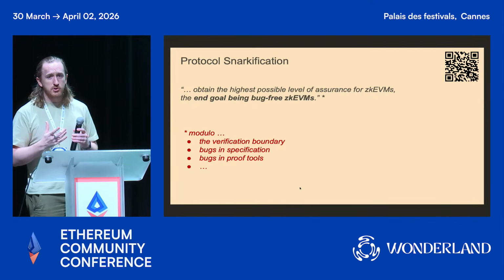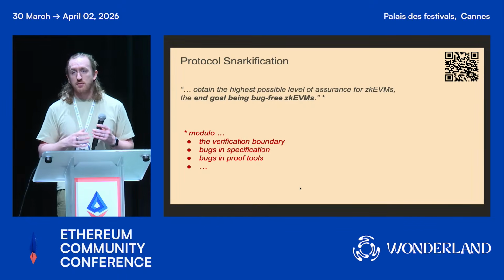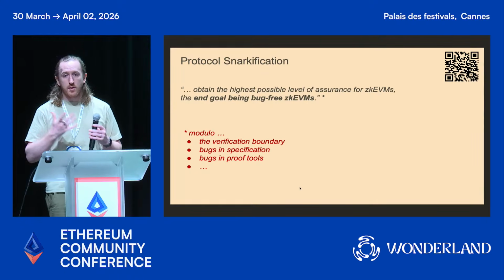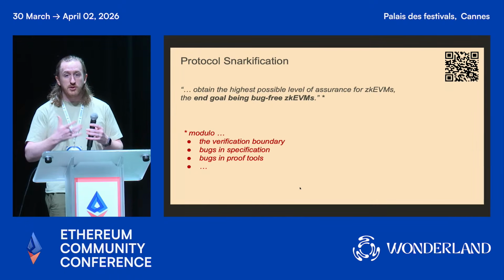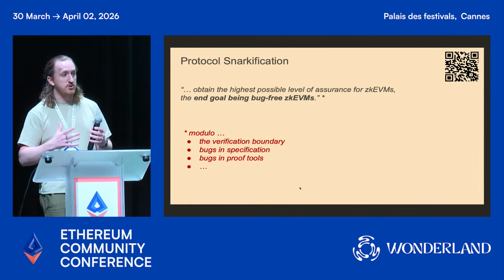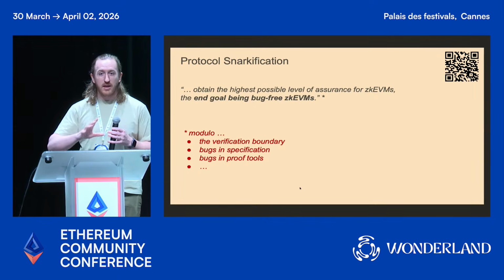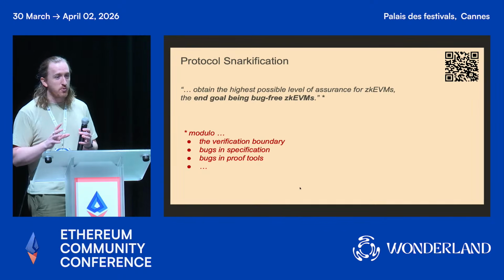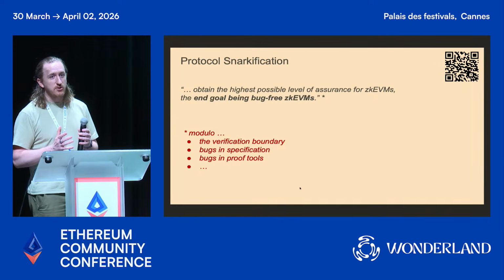A few of the assumptions that are made are kind of subtle. The first is the verification boundary. Anytime you prove a program to be correct, you're always proving it correct with regards to a description, and there's always a limitation to that description. You can't describe every last piece of software in the whole world and natural phenomenon. Software doesn't run as an island. So there's always a verification boundary, and you need to keep that in mind.